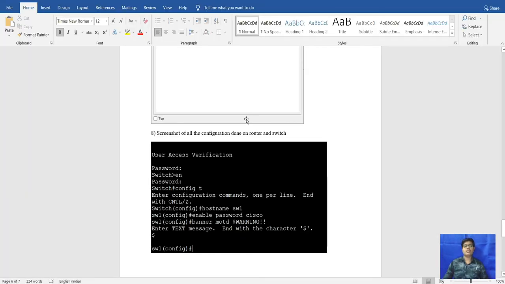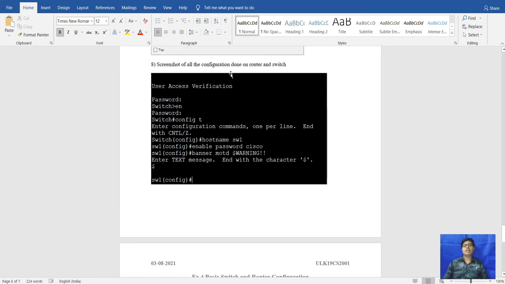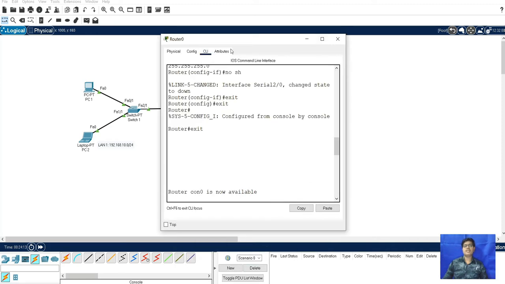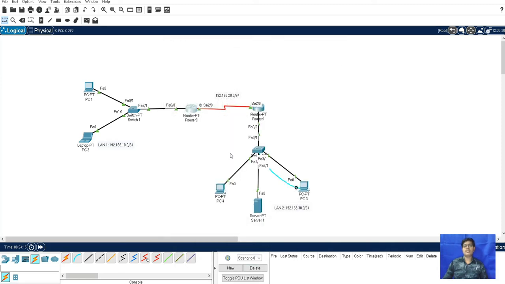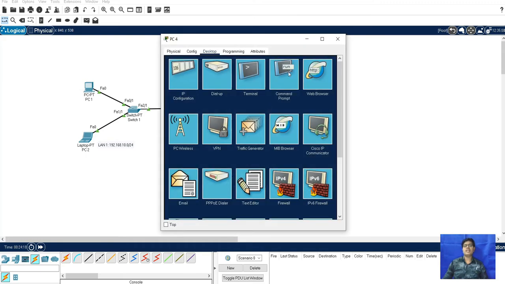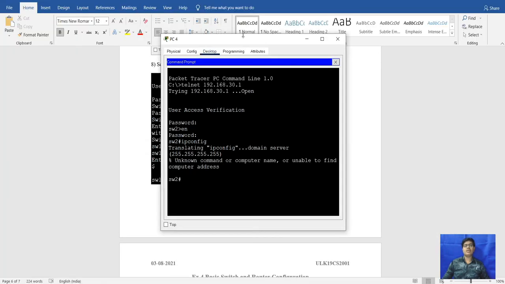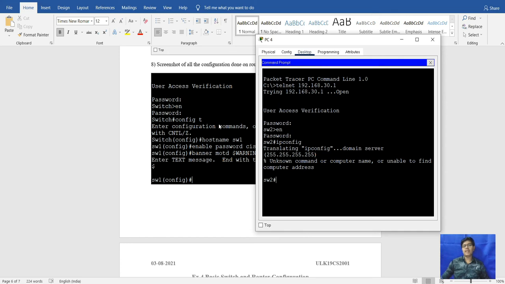Next we will go to the configuration. For that, we will go here, and in the command prompt, the switch is there. We have entered here, and next we have to configure here. So this is the IP, and next we will type config t. So this is the configure, and we will type here hostname. So we have given here the hostname for the switch, and